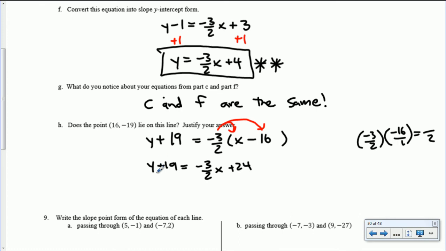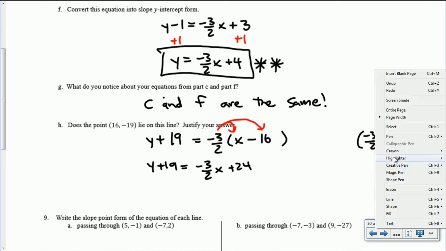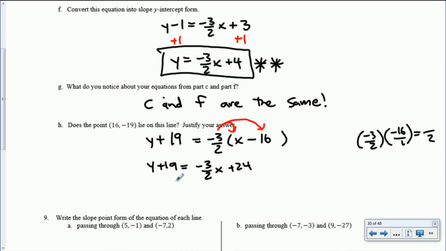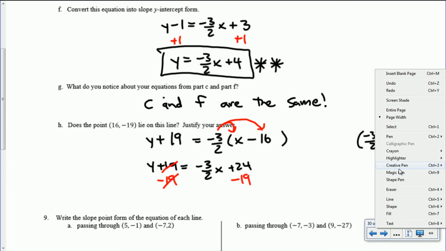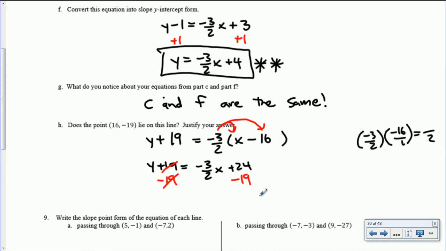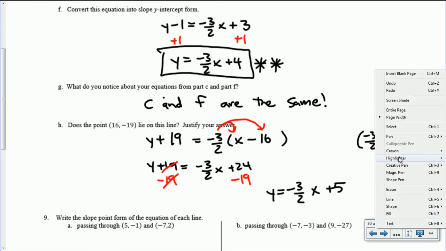Okay, and then last you need to subtract 19, subtract 19 there and there. 19 minus itself is 0. So we end up with y equals negative 3/2 x. 24 minus 19 is 5, so not quite, because that is